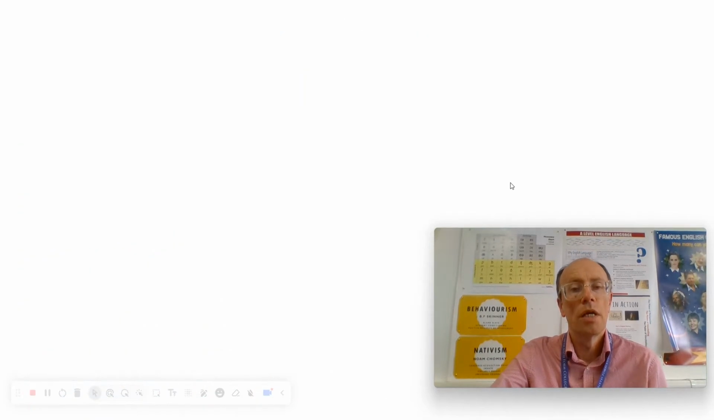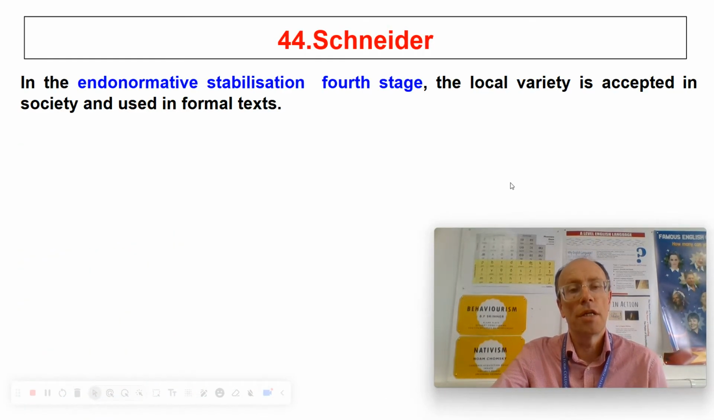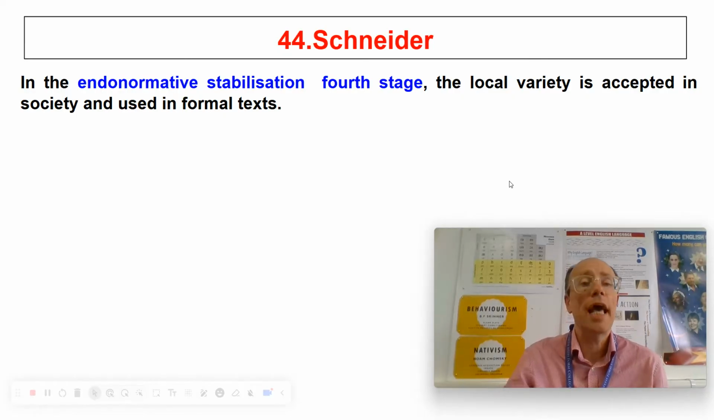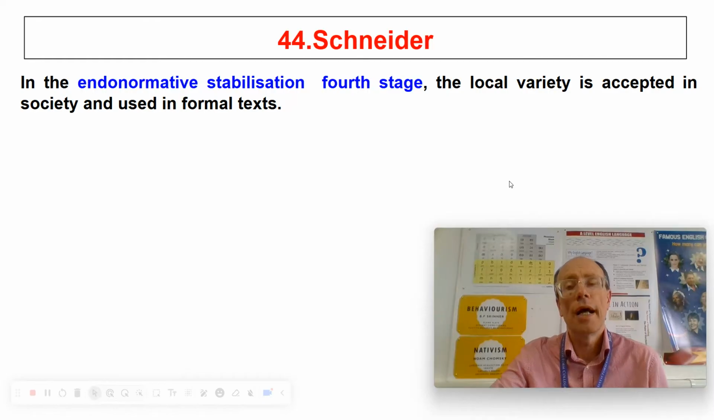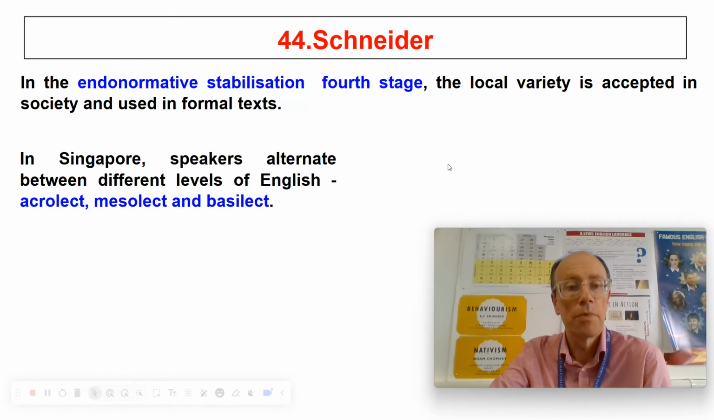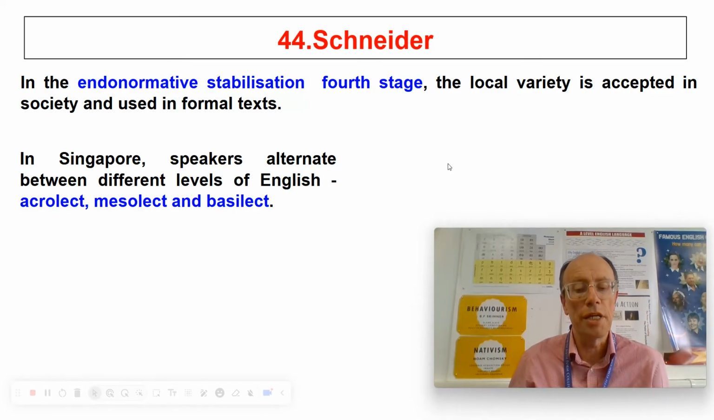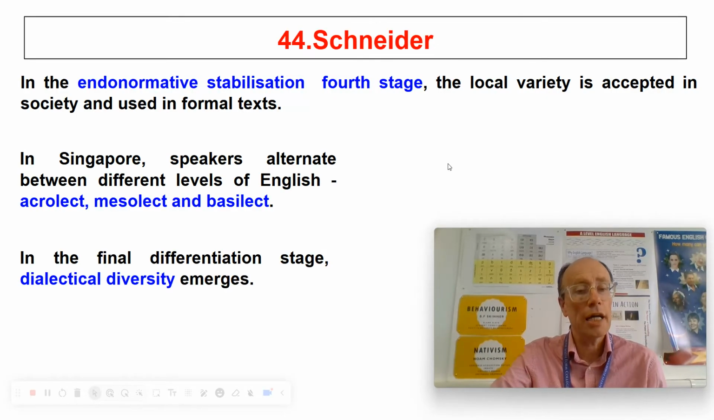We then move into the fourth stage, which is called endonormative stabilization. And this is where your local variety is accepted in society and in a sense becomes part of the standard language of the area. And in this stage, often you get 3 different levels of English, and they're called acrolect, mesolect, and basolect. So your acrolect